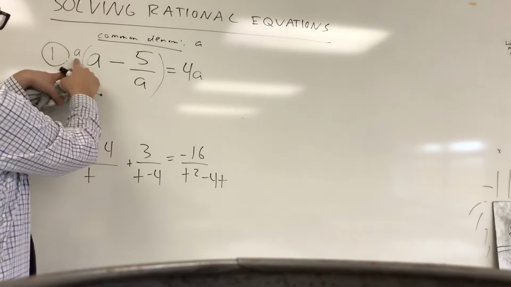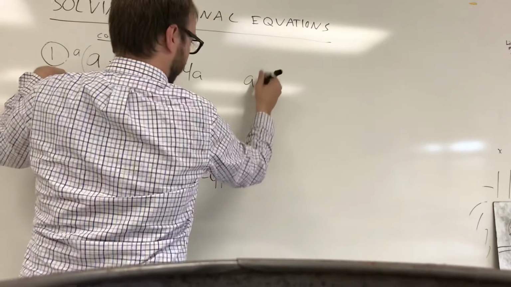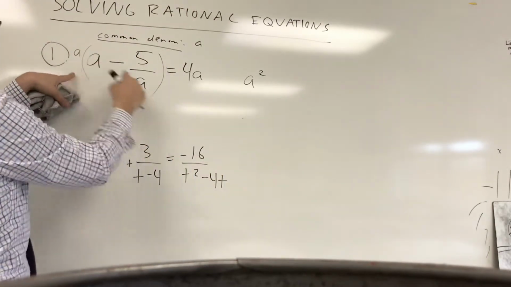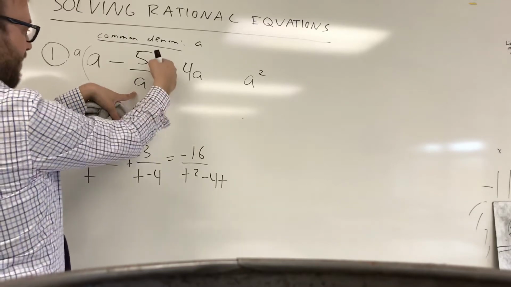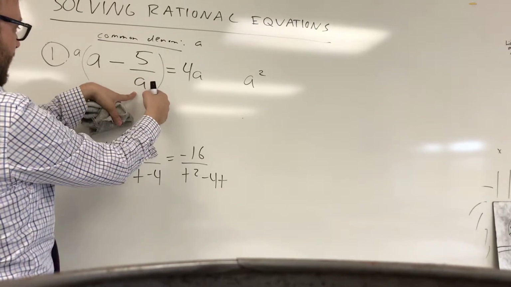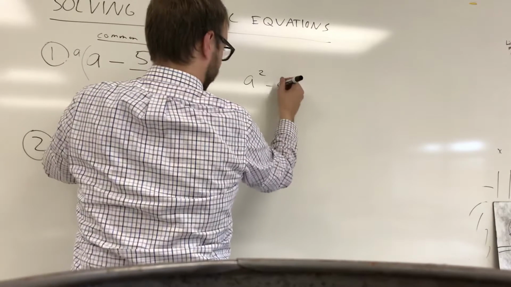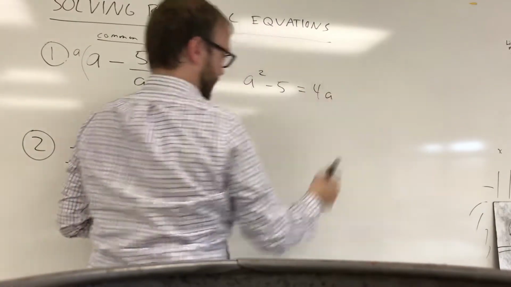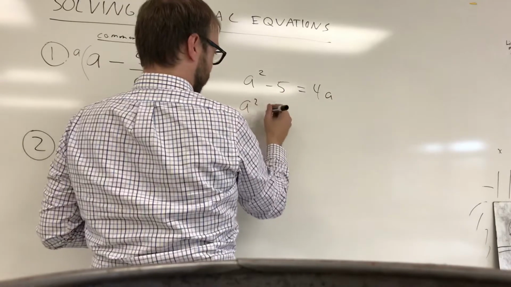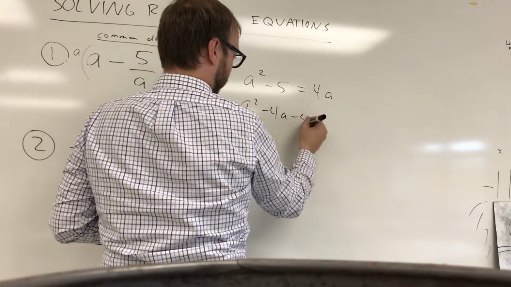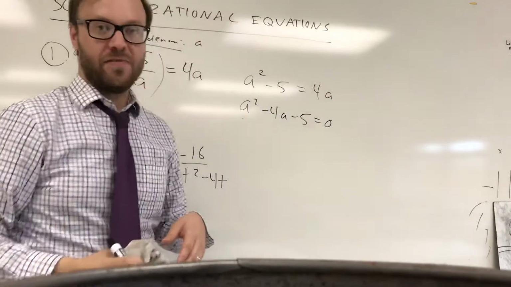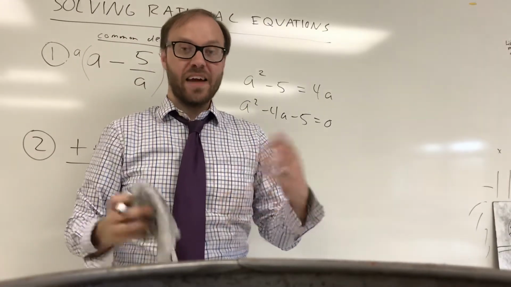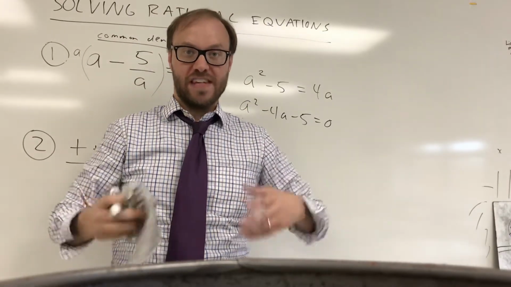And so over here, if you multiply by a, you're going to get an a squared. And if you multiply this by a, you're going to get a 5a over a, which of course is just going to simplify to negative 5. And then on this side, of course, you're going to get 4a. And you'll notice that's the exact same equation that I had before, which has solutions of positive 5 and negative 1. And that actually is probably a little bit quicker and easier, just getting rid of that